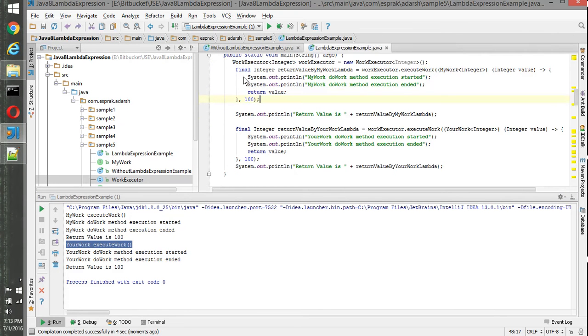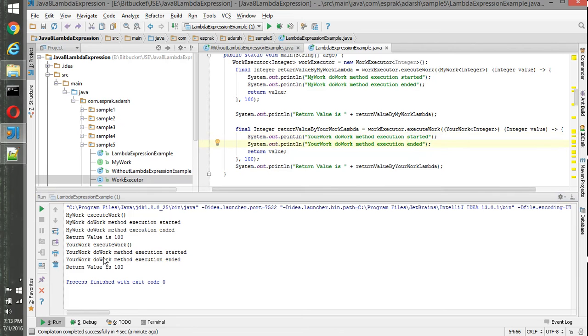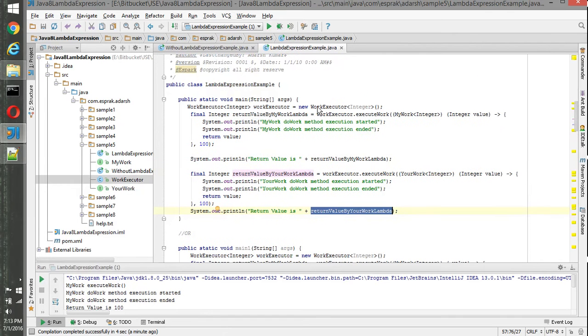Those methods have an implementation like started and ended, for both yourWork and myWork. Then whatever return value we have, we print it here. The return value is 100, return value is 100. So this is the first style by which we can write the lambda expression for this use case.